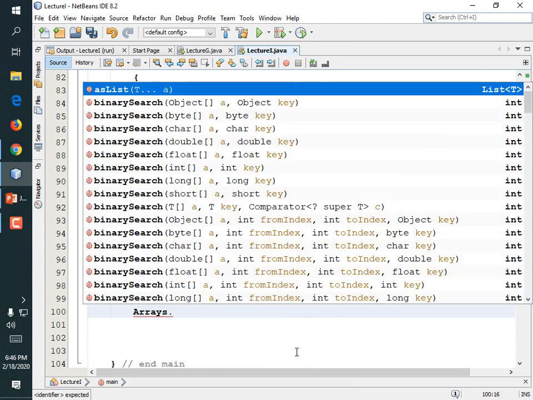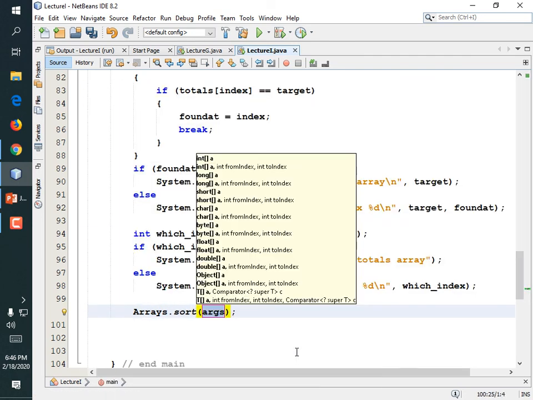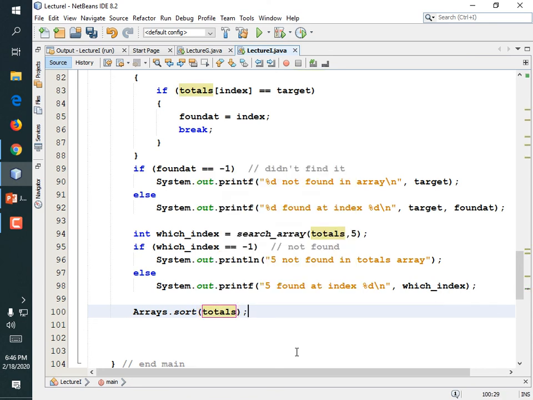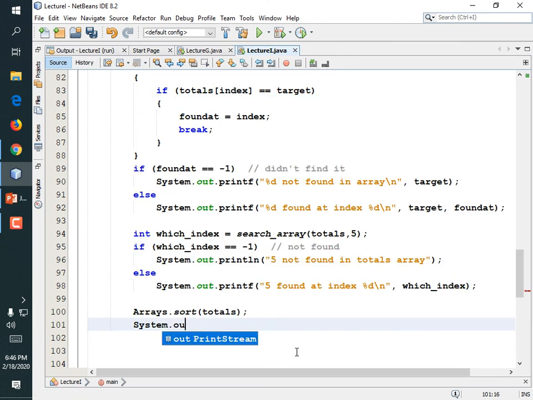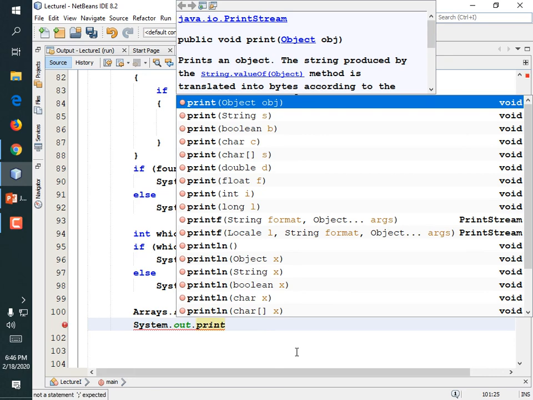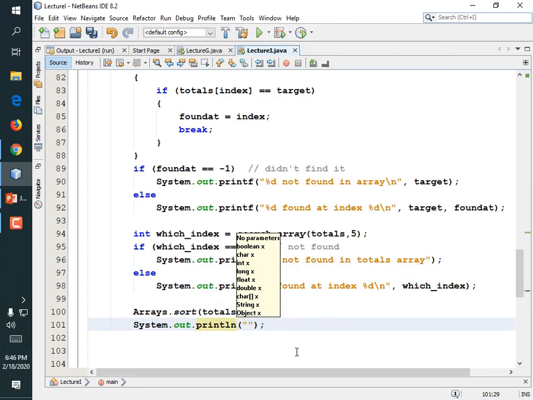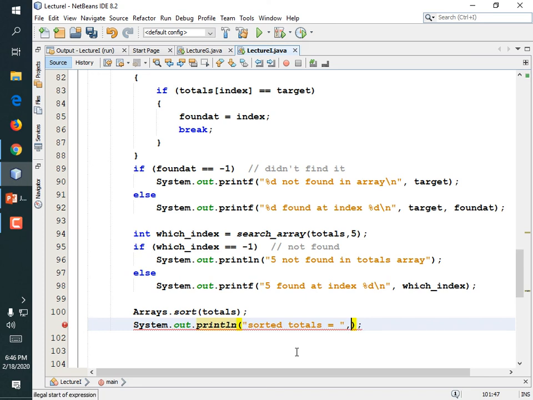So Arrays.sort(totals); That will sort the data. So if we print it out, we'll see what we got. System.out.println("sorted totals = "